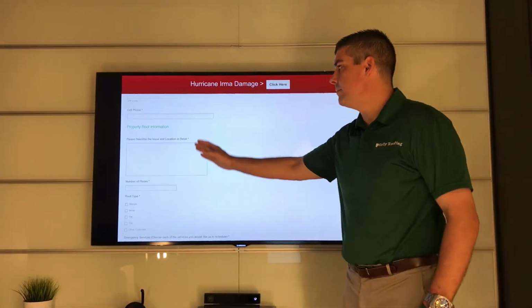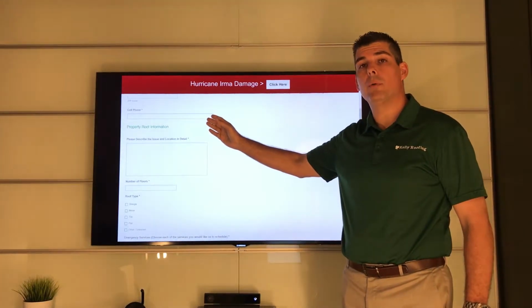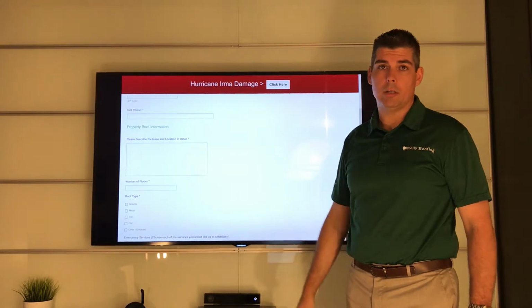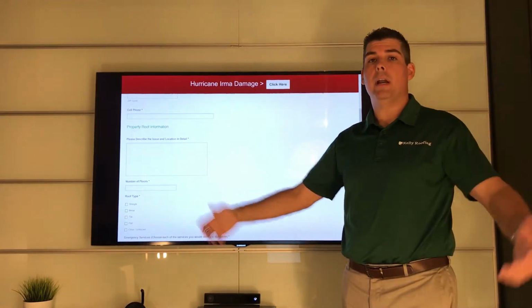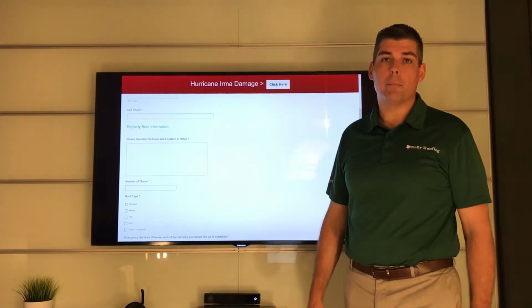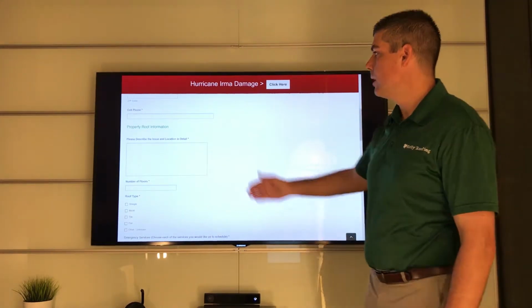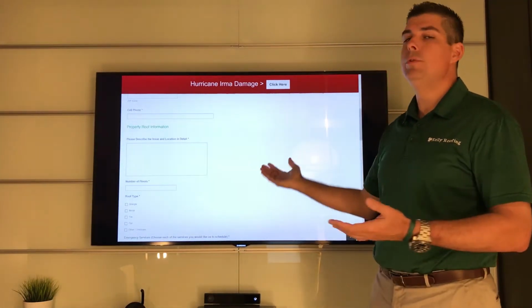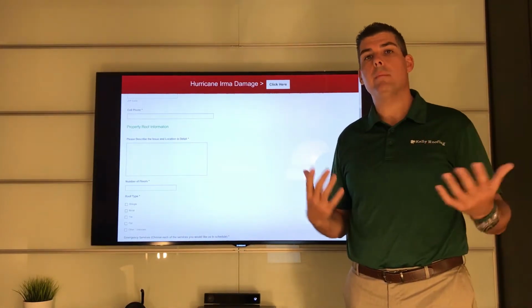If we get to the site and we see something that you should know about right away, we'd like to be able to call you at that moment and tell you what's going on. There may be another area of concern that we notice, so if we have your cell phone number, we can discuss it with you. Down here in this description box, we're asking if you know what type of damage you've